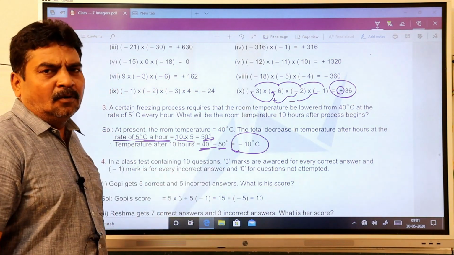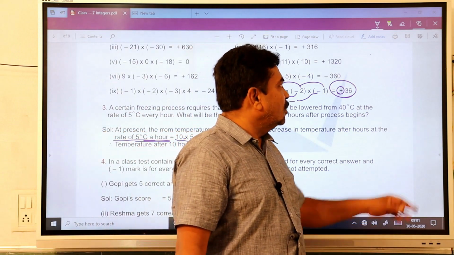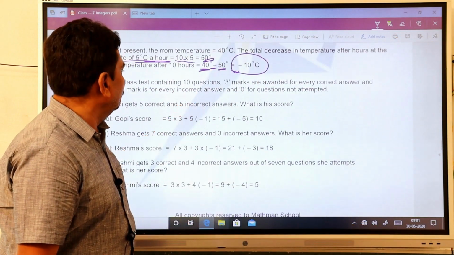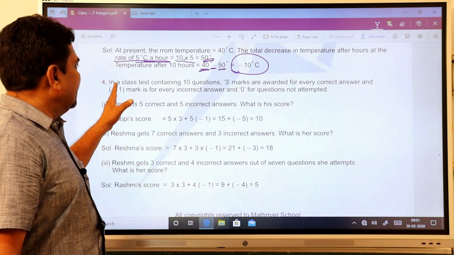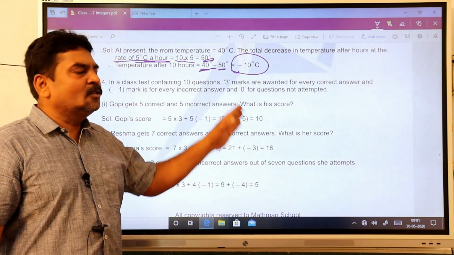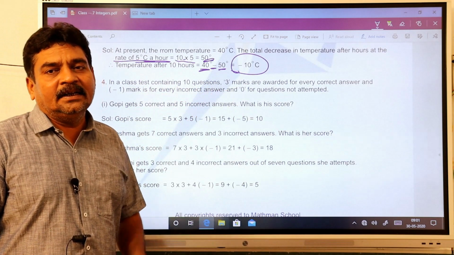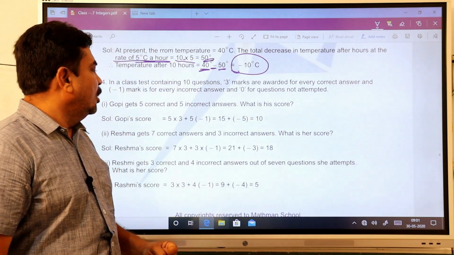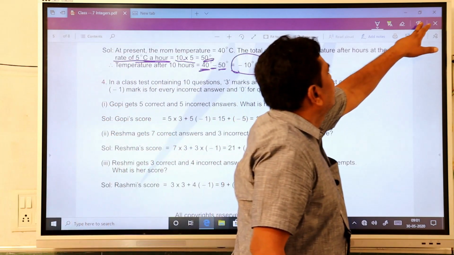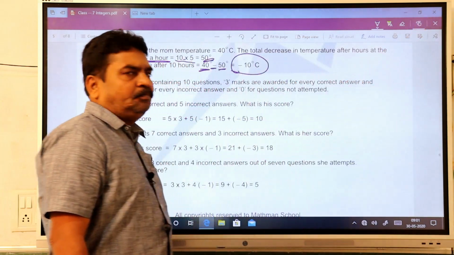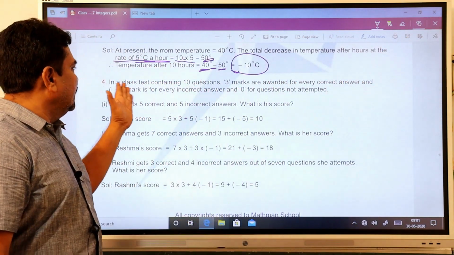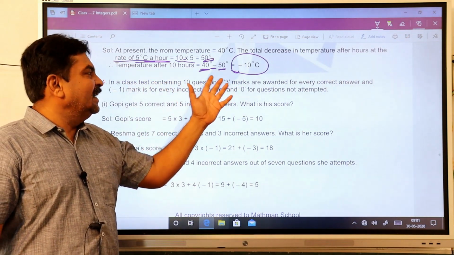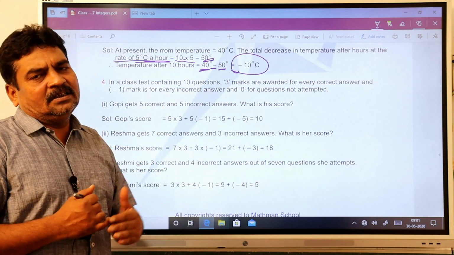Now come back to the fourth one. The fourth one is also very easy. In a class test containing 10 questions, listen very carefully and try to understand first. Then only you can do the best. Otherwise, it is not possible. I'll just explain. In a class test containing 10 questions, there are 10 questions given in the